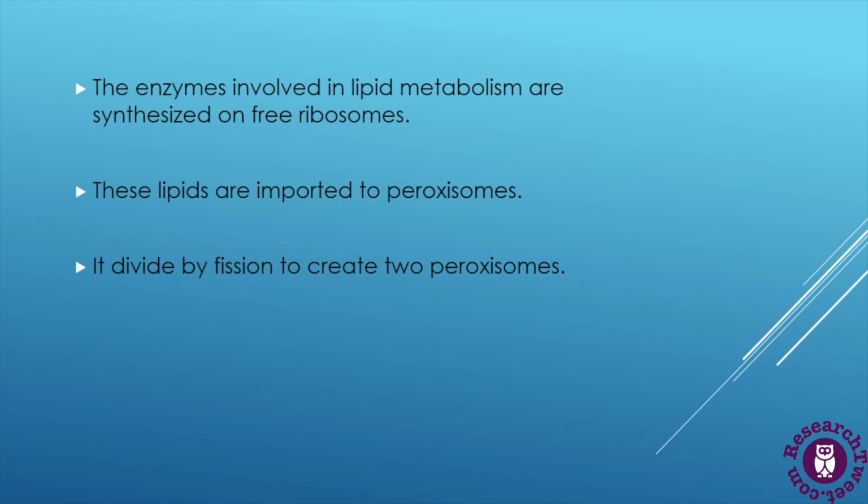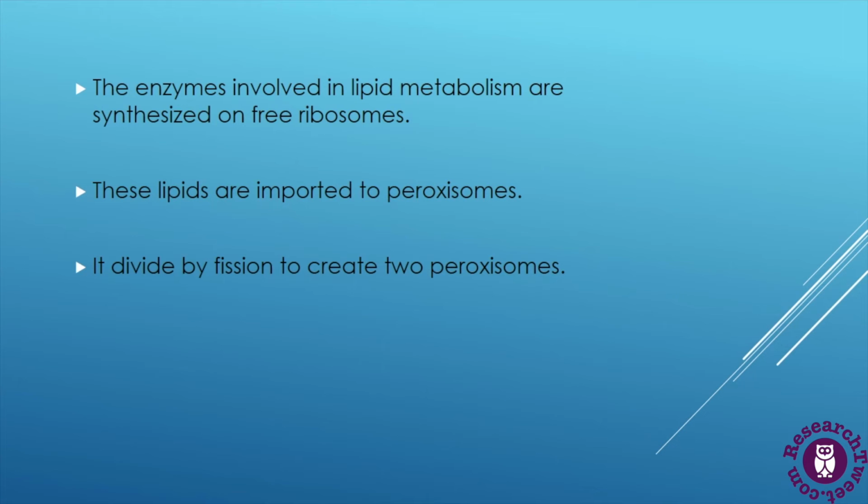And the lipids which are synthesized in the smooth endoplasmic reticulum are also imported to the peroxisomes. So this ability makes them more similar to mitochondria and chloroplasts when compared to lysosomes, which are budded off from the endoplasmic reticulum, and we know that lysosomes are also a type of cellular organelle which have the main function of digestion, as in the case of peroxisomes.